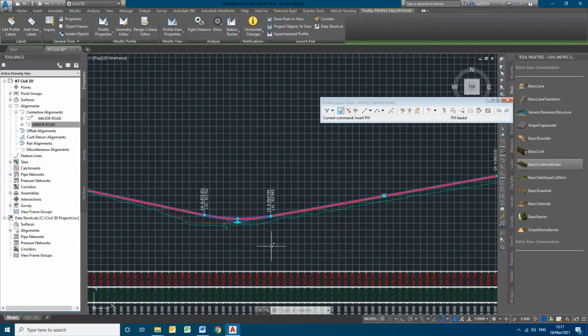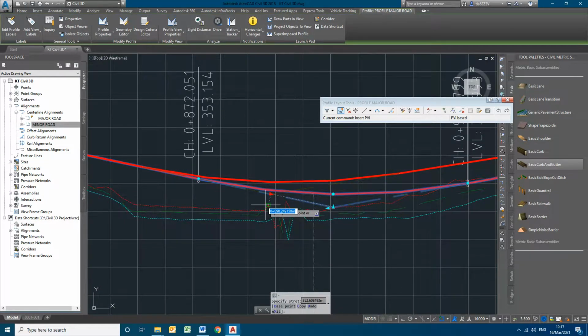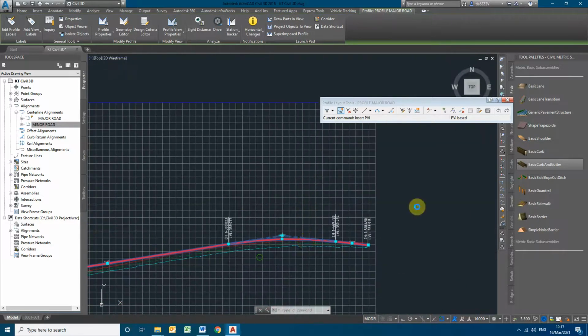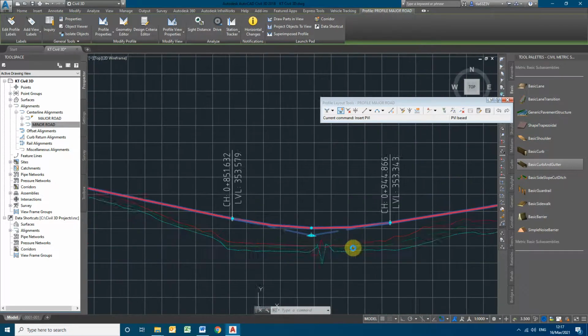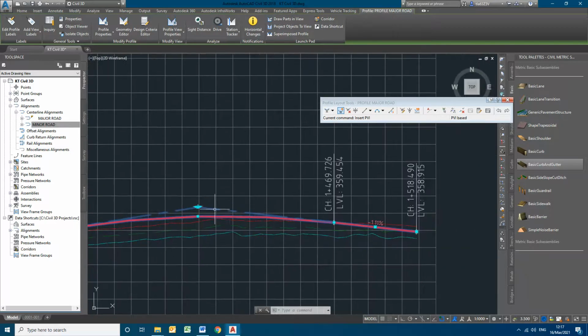This profile should be done as per the design criteria that was adopted for your particular design, based on the soil replacement and the height of the embankment, where you have to give HFL data. So this should be done accordingly. For the tutorial purpose, I'm only telling you about the tools.